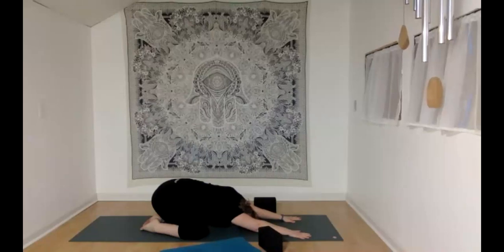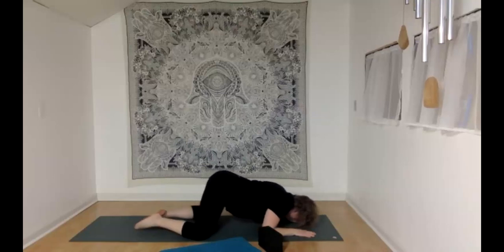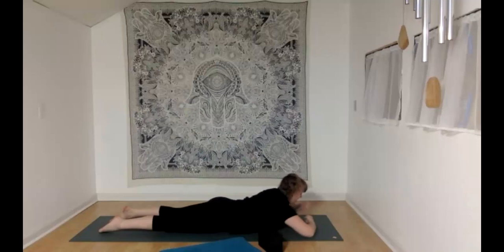Option to try to keep your nose kind of as close to the ground as possible. Maybe coming up to your forearms and just staying kind of low. Eventually, making it to your stomach, straightening out your legs here, crocodile pose, stacking your fists or hands beneath your